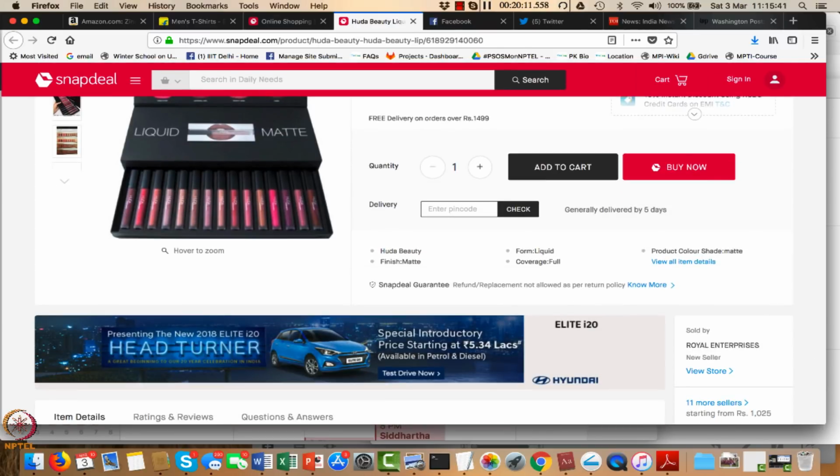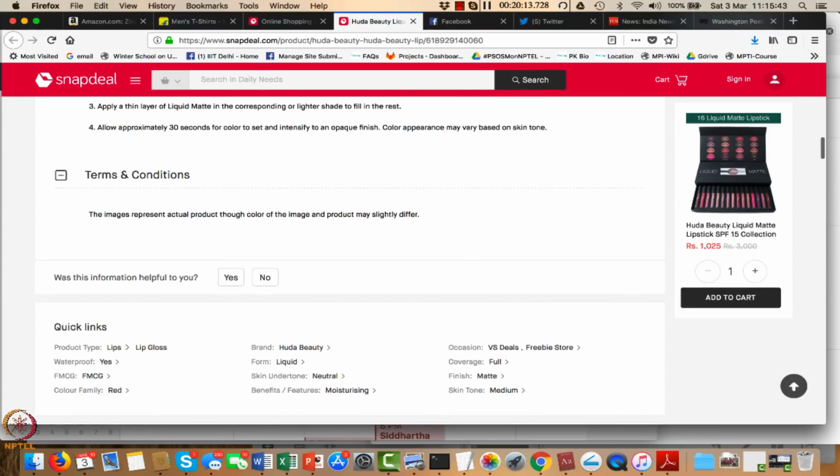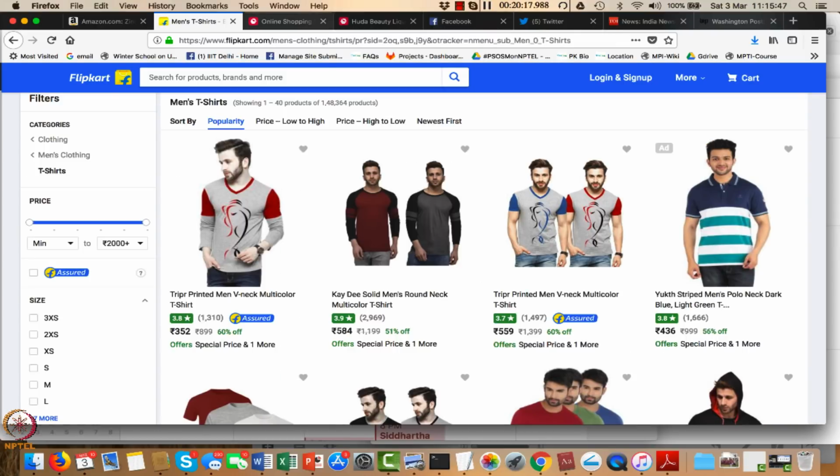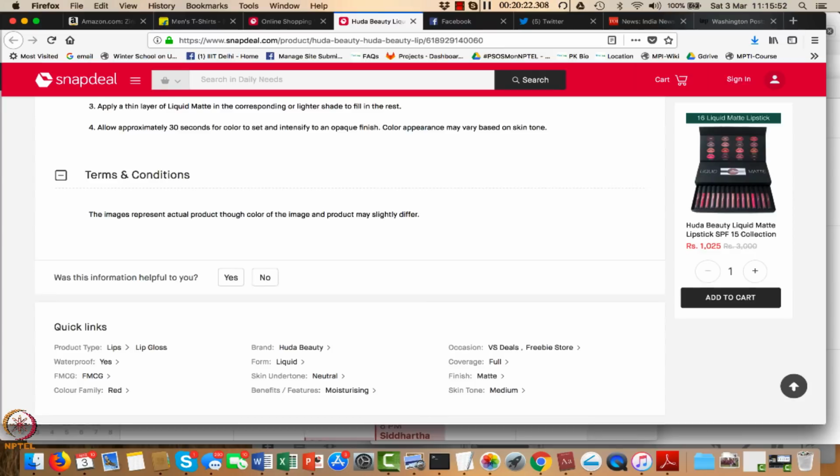So therefore, you can clearly see all of these services are actually applying these design patterns, and all of these particularly are of the same category, which is Amazon, Flipkart, Snapdeal. All of them are the same category, and therefore you can clearly see how they've implemented the same thing that we saw in the slides as half.com. So if you're building any of the services like this, I would highly recommend you to make use of these